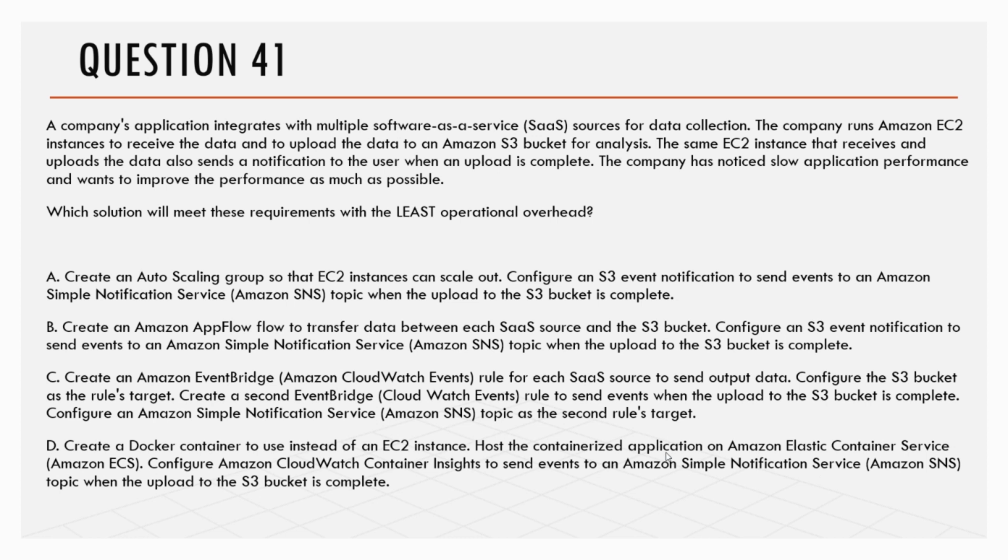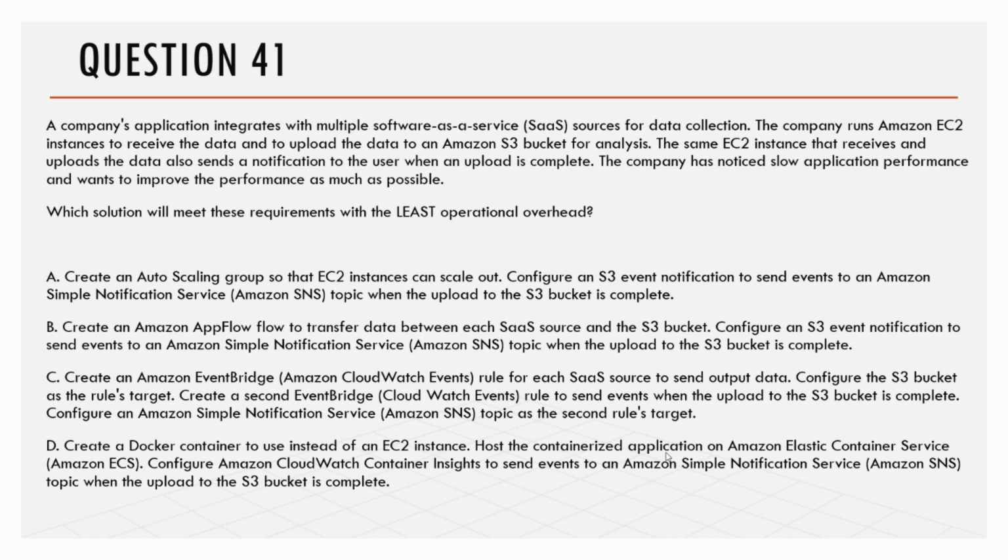And the options are: A, create an auto scaling group so that EC2 instances can scale out. Configure an S3 event notification to send events to an Amazon Simple Notification Service topic when the upload to the S3 bucket is complete. Option B, create an Amazon AppFlow flow to transfer data between each SaaS source and the S3 bucket. Configure an S3 event notification to send events to an Amazon Simple Notification Service topic when the upload to the S3 bucket is complete. And the option C is